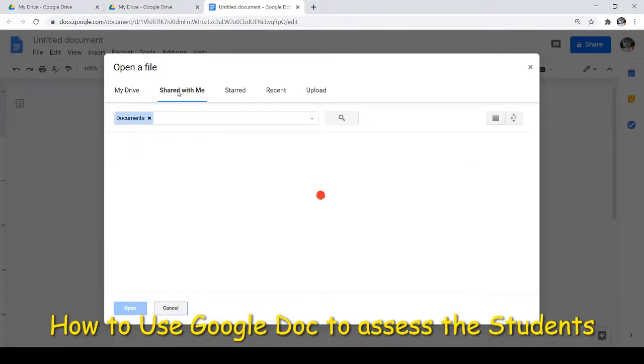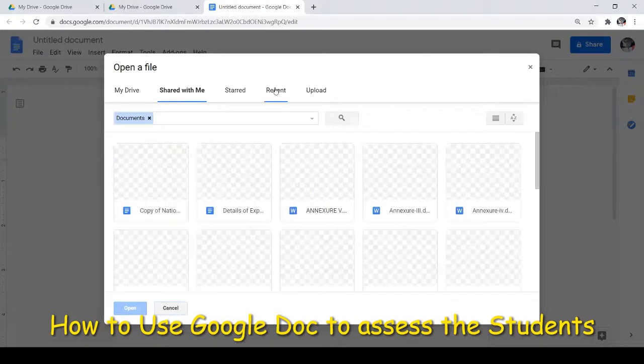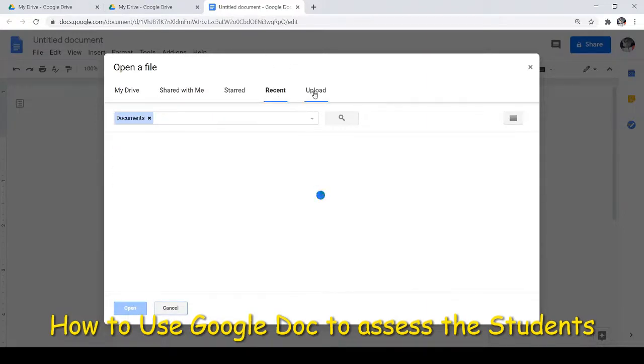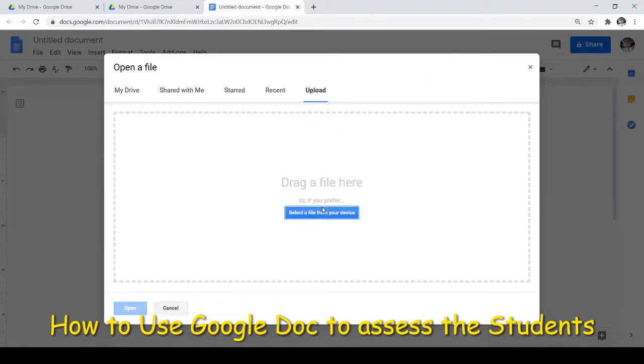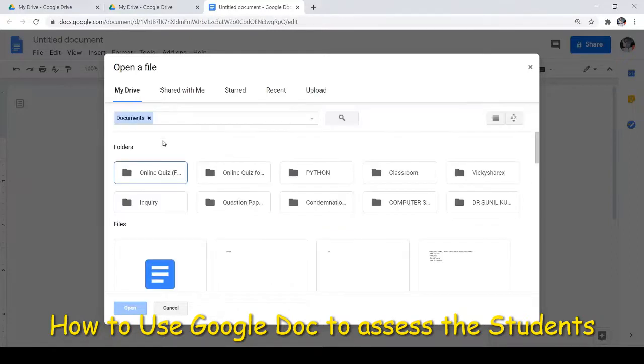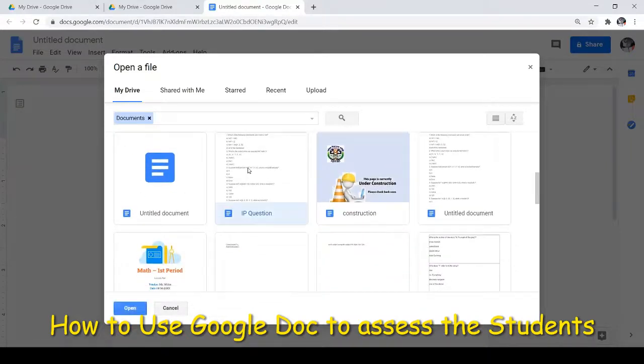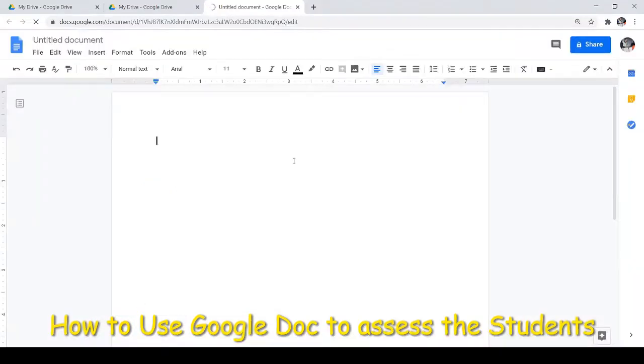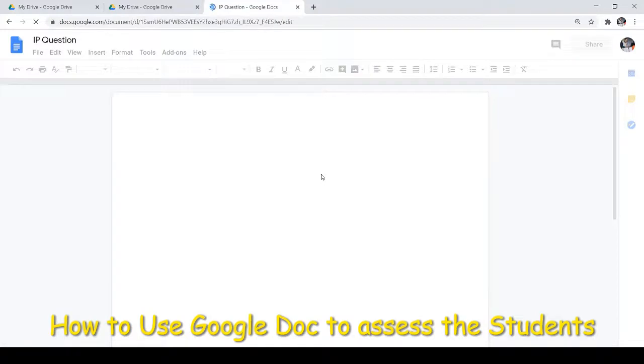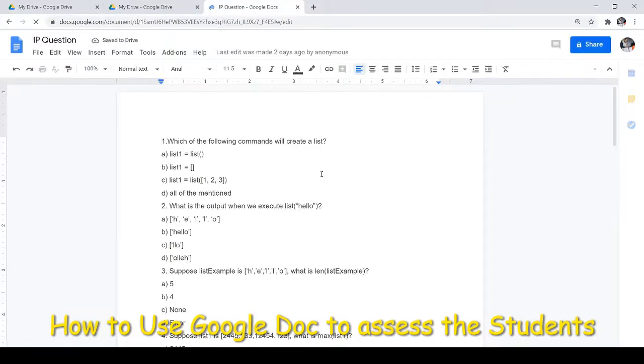You can also get it from Shared, from Recent, or you can upload it from your system if that document is there. But I have a document in my drive, so I just find my document and then click on Open. After opening, all the questions which are already in my document are displayed.